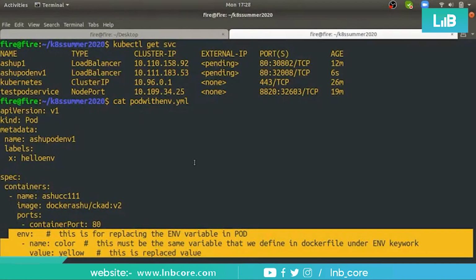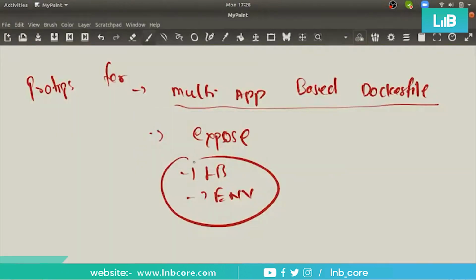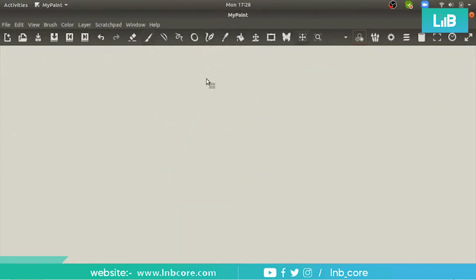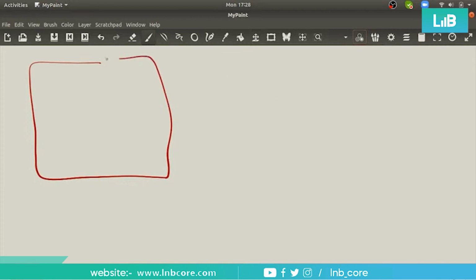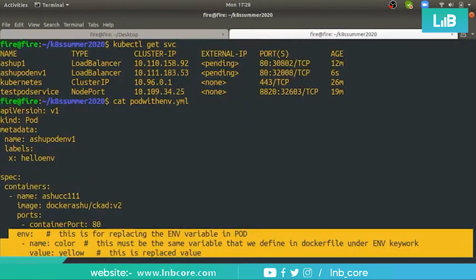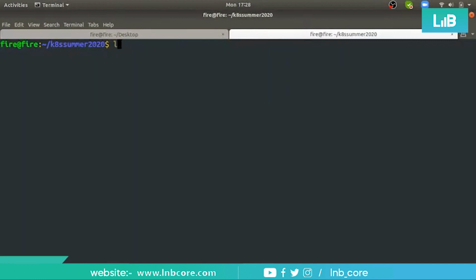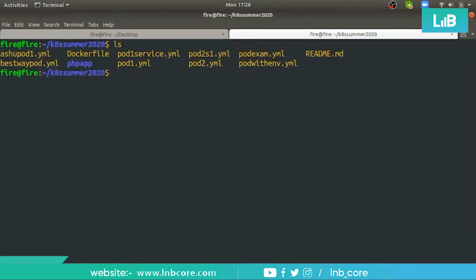Now the next pro tip. Let's say you wrote a Dockerfile, something like this. Let me write it down for you, because I really don't want to, but I'm writing it so that you can understand.